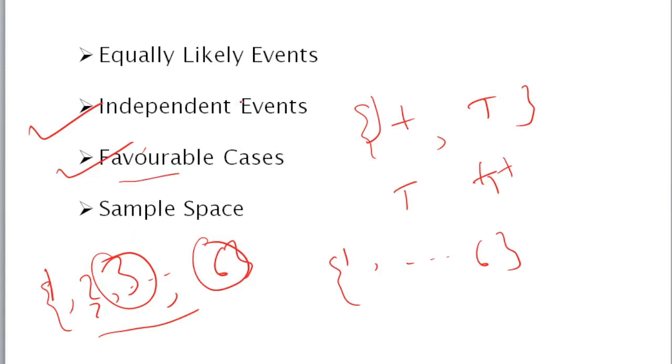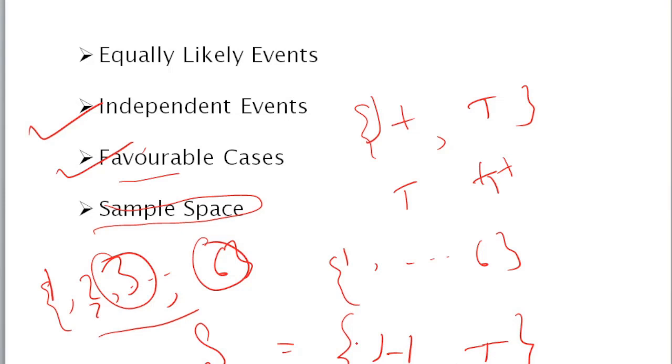So by considering all the terms, we can compile the sample space. That means the set of all possible events in a trial, or the set of all possible events in an experiment, is called the sample space. The sample space is generally denoted by S. Suppose we consider a coin tossing problem, then there will be 2 possible outcomes.